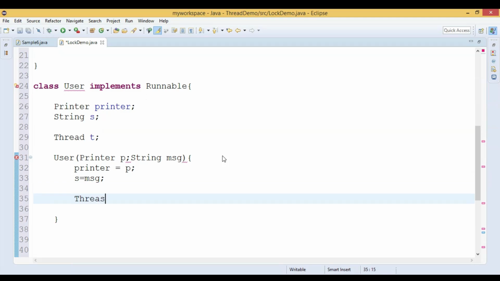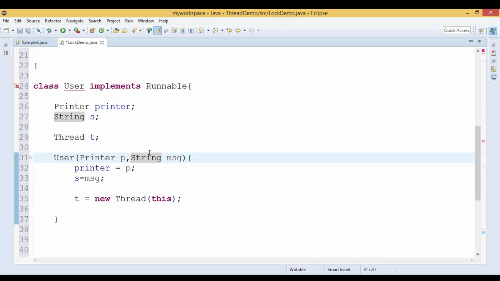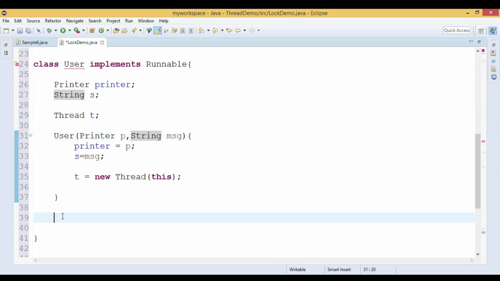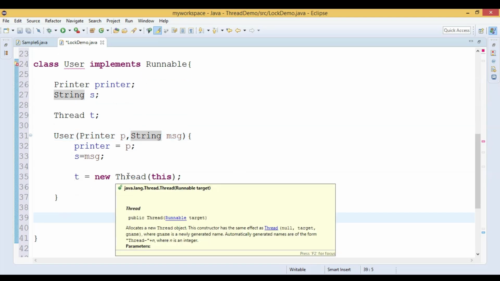Then we create a thread object and assign it to the variable t. Okay, so we create the thread object. So now we are done with that. There is an error here; I need to use a comma. Okay, so now we have written the constructor for this User class, and one more thing is left,